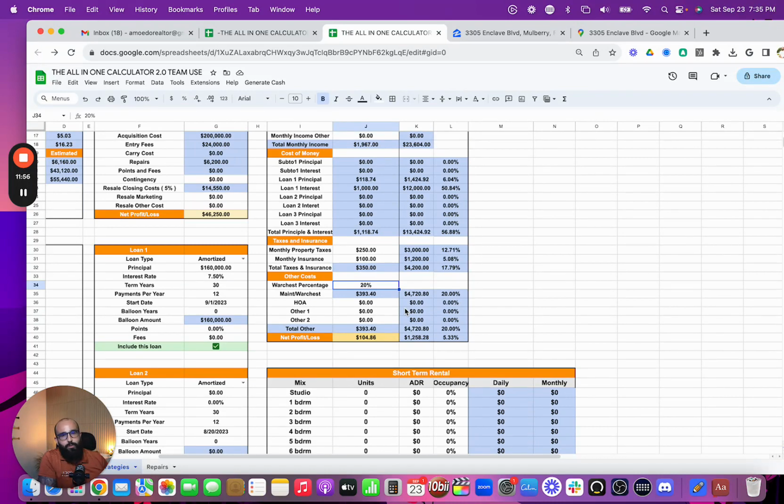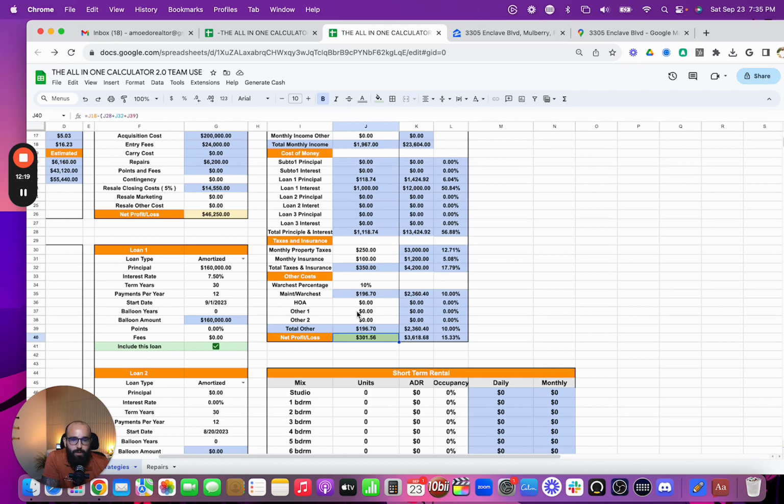That's just things for when the AC breaks, the roof breaks, the water heater, any repairs that we have to do with the property. We do like having money set aside, and typically we like to put 20% for both of those things. So this number right here, you can change, let's say, to 10%. And you'll notice that this house will actually cash flow if these were the numbers. It would cash flow